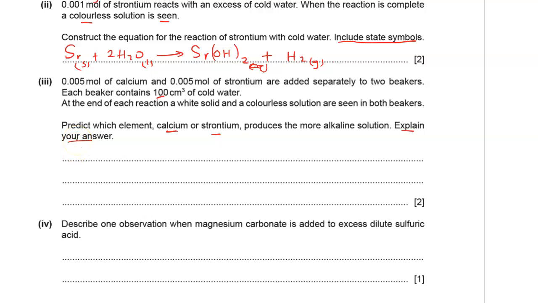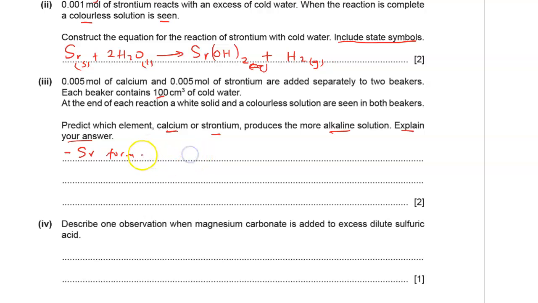The hydroxide of strontium is more soluble than that of calcium, so it forms a stronger base. It's more alkaline, a stronger base, and this is because it dissociates more readily to give more OH. So your answer here is strontium forms a more soluble